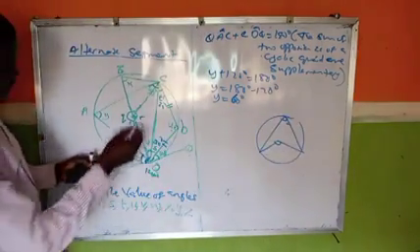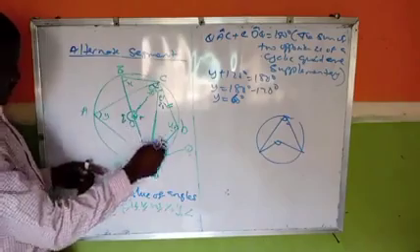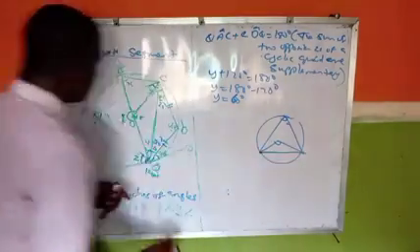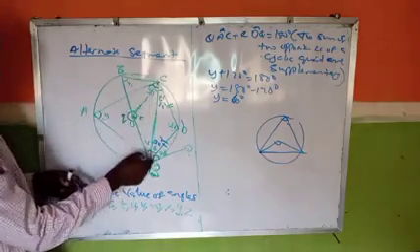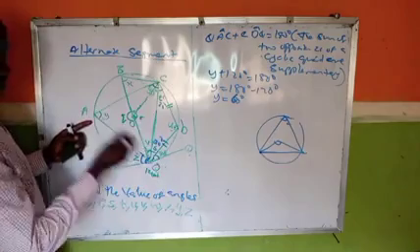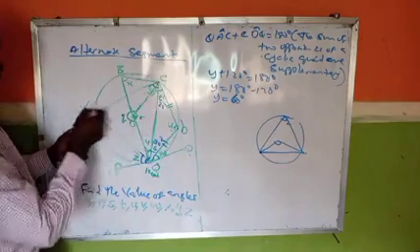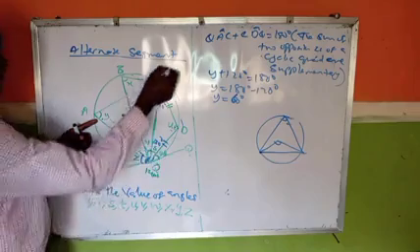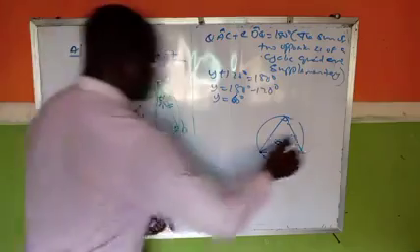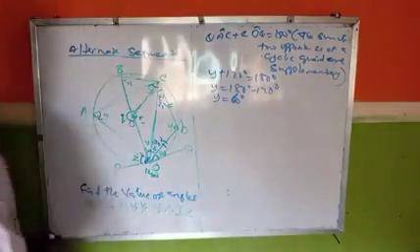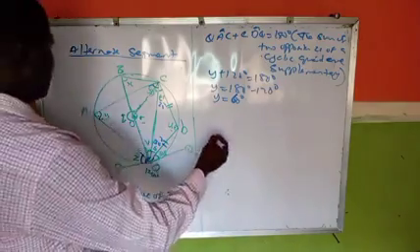Look at this chord like this, a line like this. So that's what you are looking at. Multiply this one by 2, you get this. Now here you have again angle